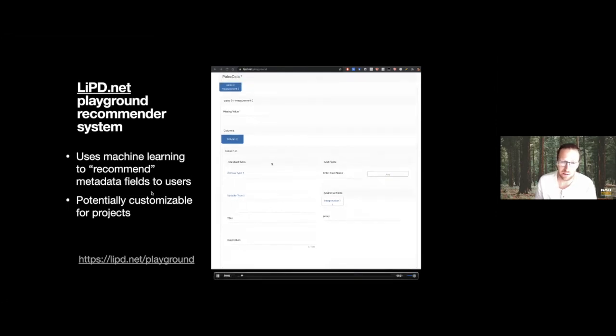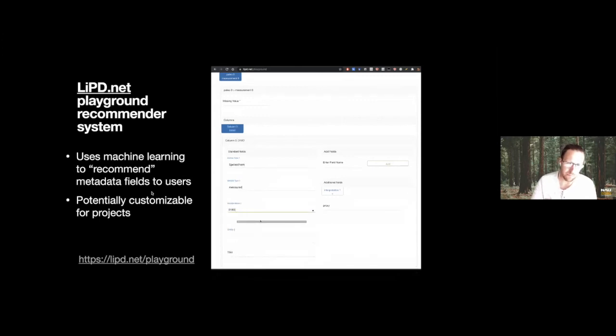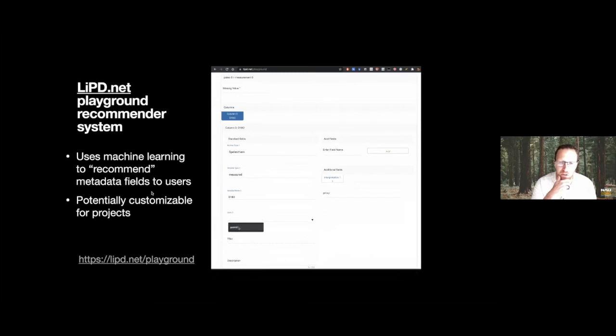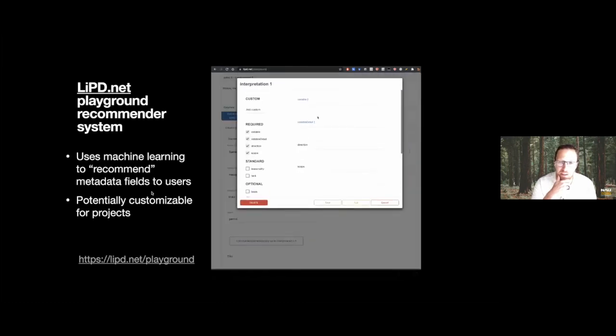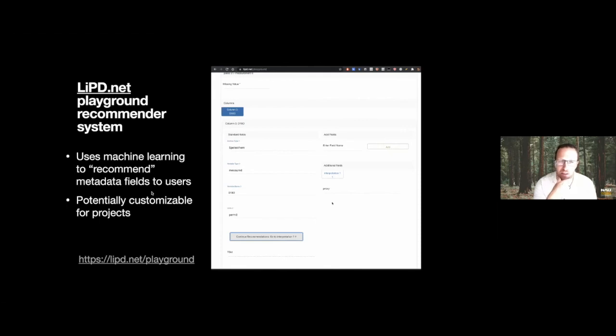So here's a quick example of how this works, just really quick. And so you can see this. As you start to make choices, as you're describing a data set, this will make hopefully reasonable suggestions based on the other data, and so this is again still in development, and I think there's a lot of room to potentially customize this and to work closely with network groups as they're working through their data sets, and the goal here being, well, two goals: one, making it easier on users, but then also resulting in more and better standardized terminology on the final files that come out of it.